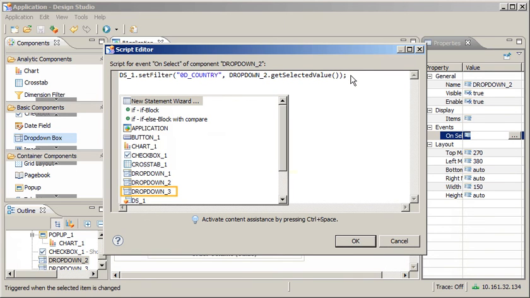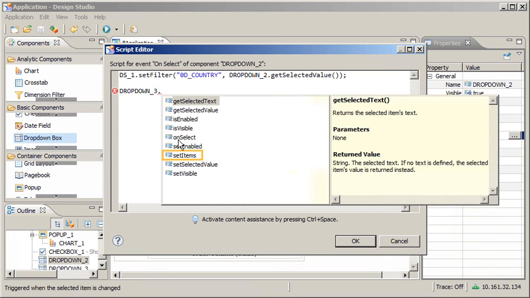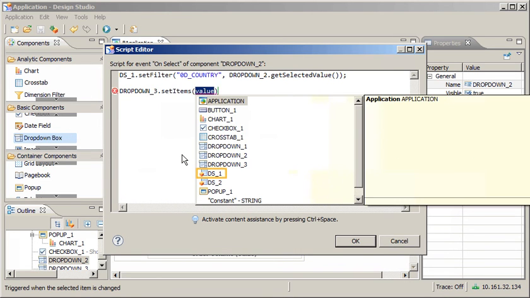Now we'll get an updated member list from the filtered data source. Using Content Assistance, we'll select the component and then add the setItems method. We can set the value as the member list for the dimension within the filtered data source.